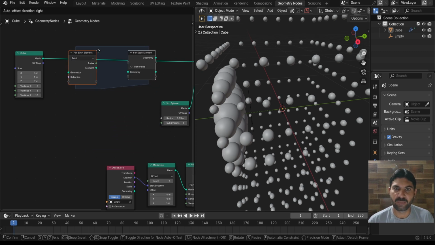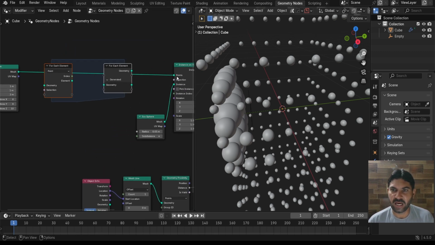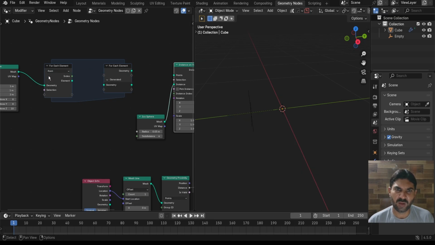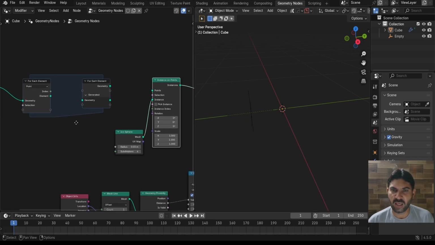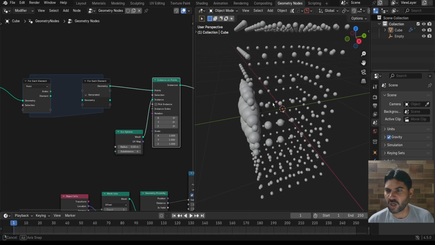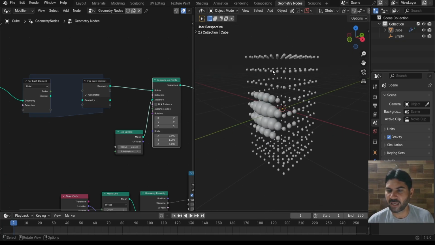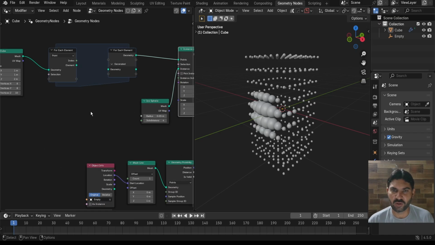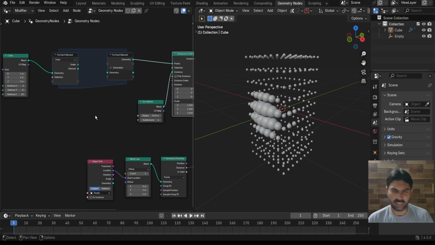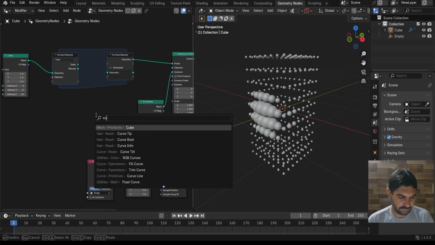So for that, here I search for the node setup, which is the for each element, and place it here. And here I connect this with the geometry of the first for each element node, and connect this with the points. Now we have our structure back in our 3D viewport. And here we do this magic. And here I search for the curve line,